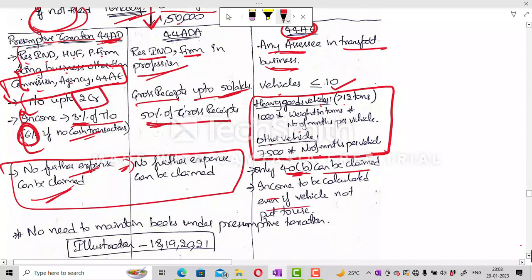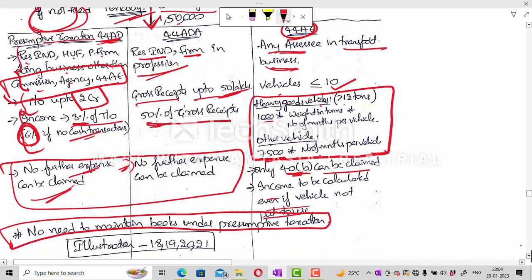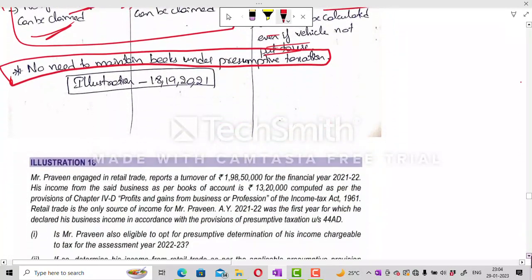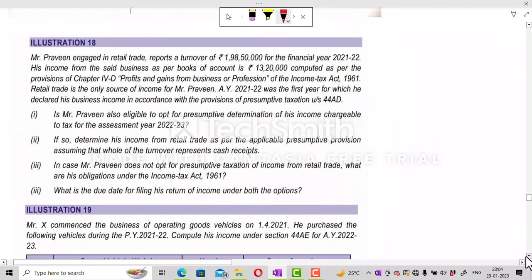Income is to be calculated even if the vehicle is not put to use. If we have that vehicle, we have to take the 10,000 into those vehicles and 7,500 into those vehicles. Whether it is used or not, we don't mind. All these three people need not maintain the books of accounts. That's the only benefit they get from this section. It is called presumptive taxation, and the last four questions for illustration are: